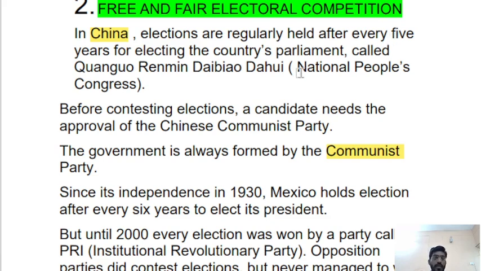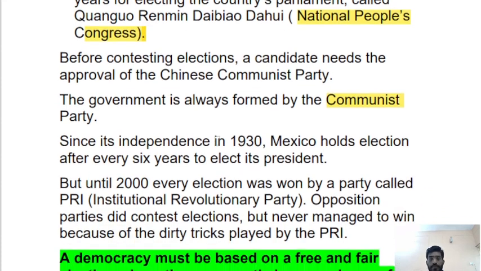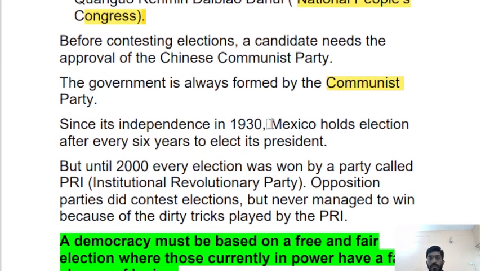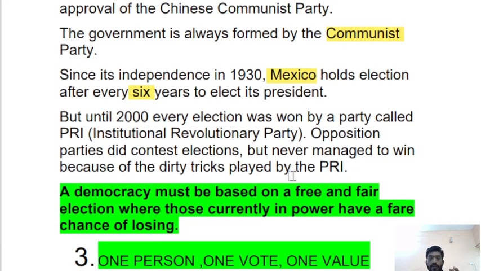Okay, the name of China's parliament is National People's Congress. Remember this point. National People's Congress is the name of China's parliament. That is one example. And we discussed Mexico also. In Mexico, after every 6 years, they conduct elections. After every 6 years. Okay, right. In these elections,